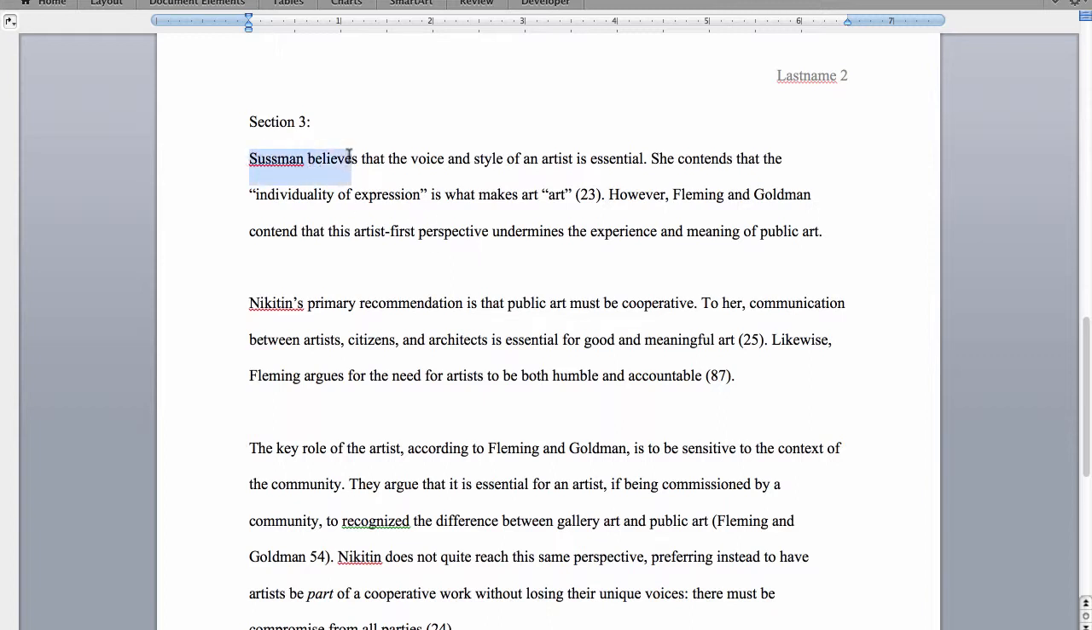So Sussman believes, attributive tag, that the voice and style of an artist is essential. She contends that the, quote, individuality of expression is what makes art art. Citation, of course. However, Fleming and Goldman contend that this artist-first perspective undermines the experience and meaning of public art. Note here what's happened. In 3 sentences, this person has introduced one source, an idea from that source, of course with proper attribution and citation, and then in this case, however, a contrasting